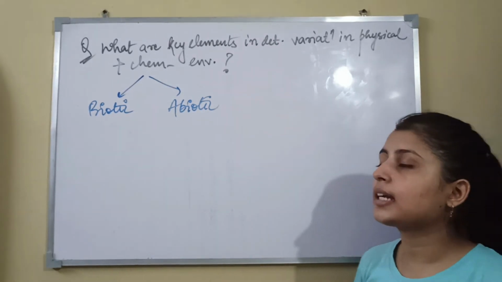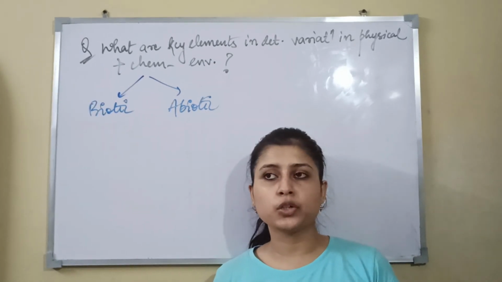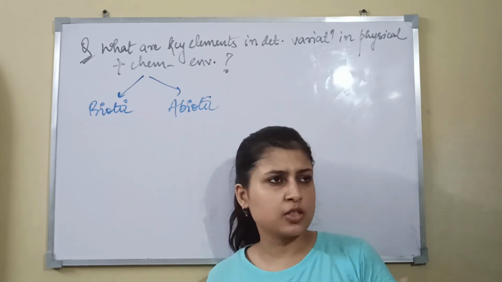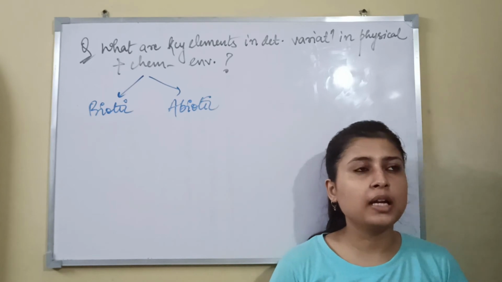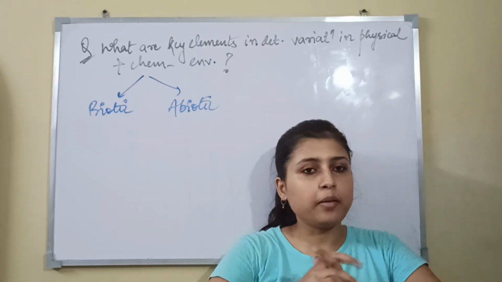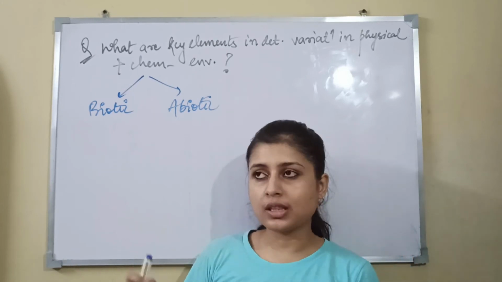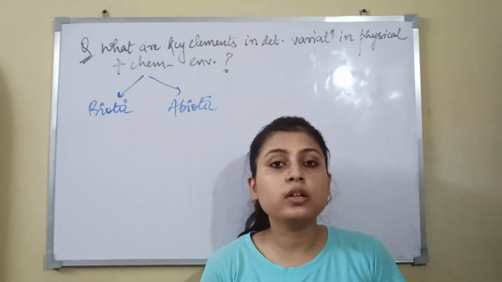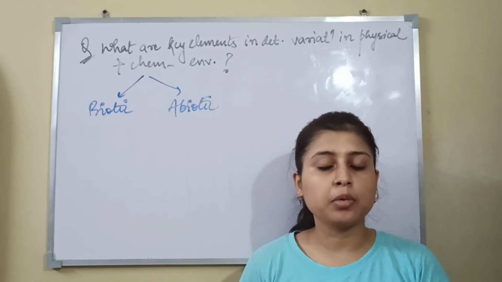The other factors are the abiotic factors, which are the non-living factors, like I have told you earlier too. The water, temperature, salt conditions, that is salinity, and you have intensity of sunlight, you have temperature that I have told. That means these are all abiotic factors. So these two factors are both equally responsible in determining or deciphering the physical and chemical conditions of a habitat.